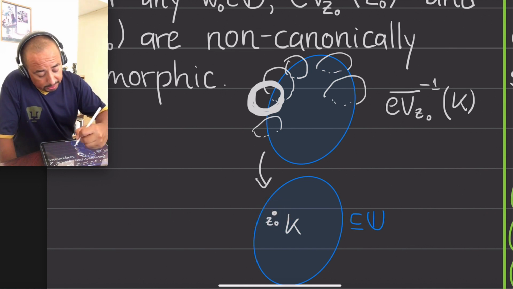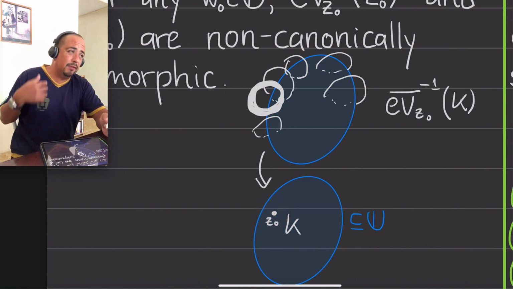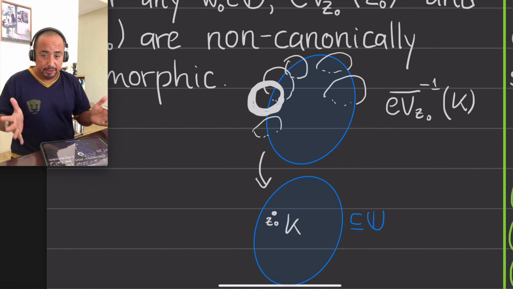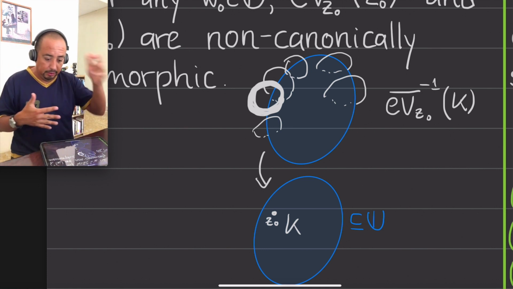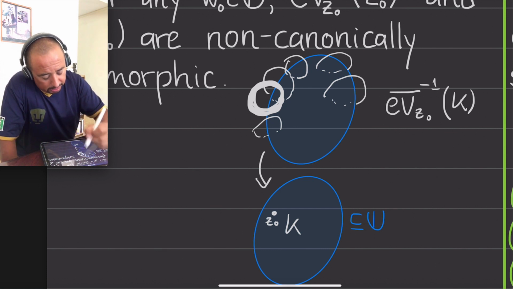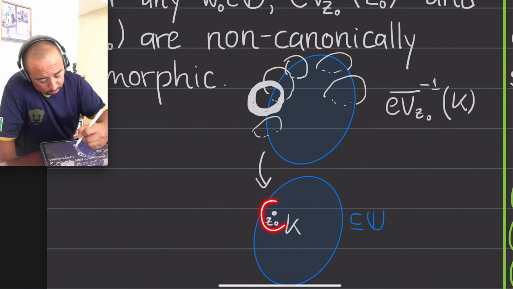In such a way that, at least from the inverse image of Z naught to itself, there is one homeomorphism that pops up, which is the identity of that circle. And then to pass to another point, to give the homeomorphism between the inverse image of Z naught and the inverse image of the other point,